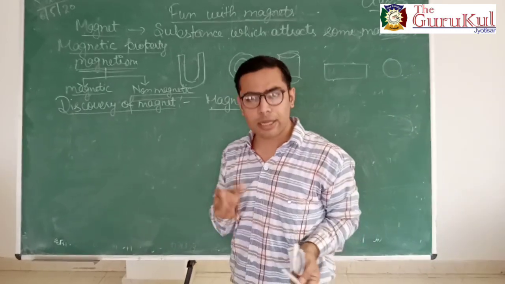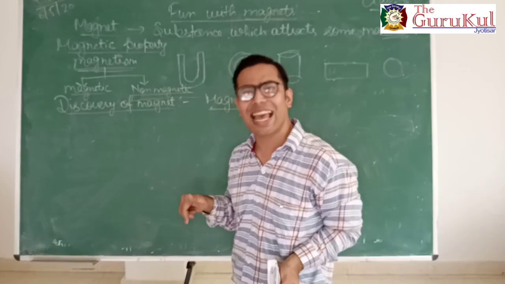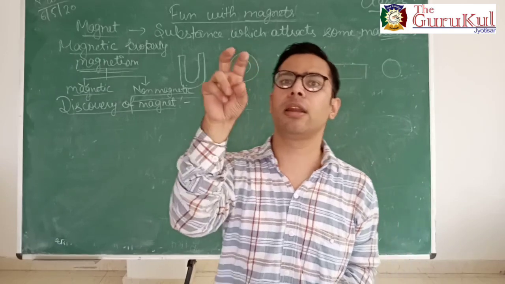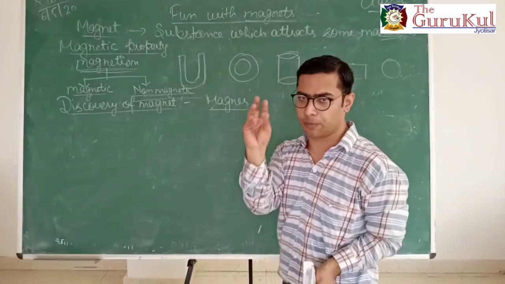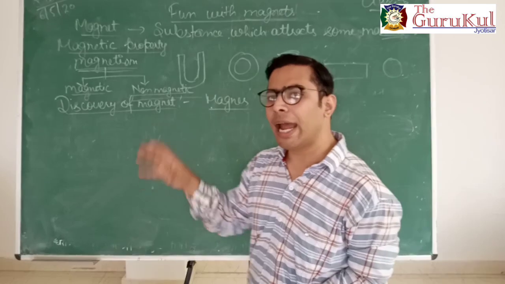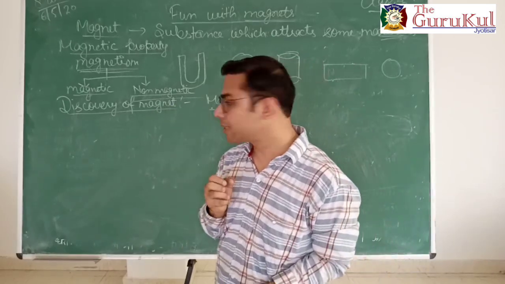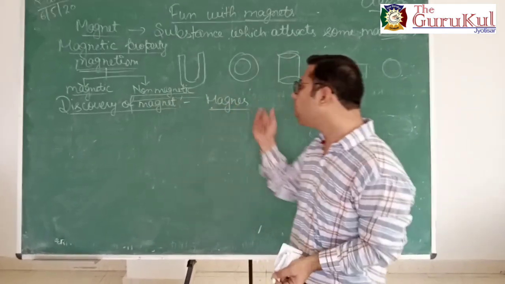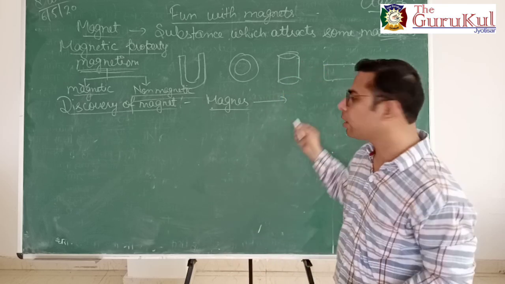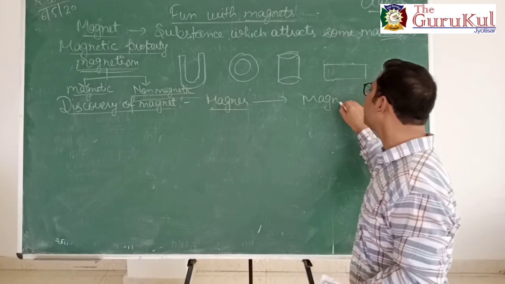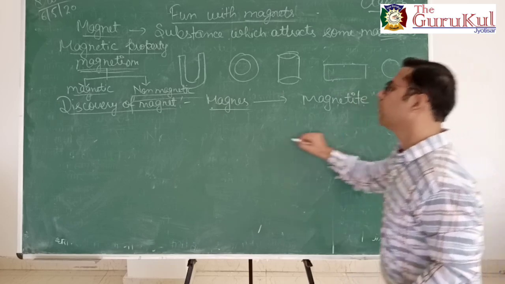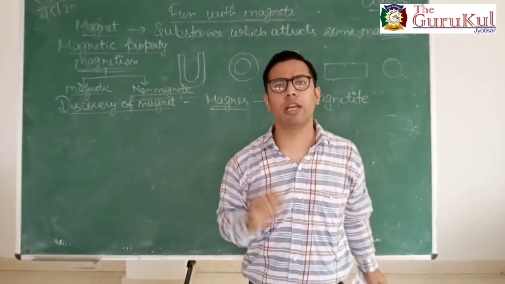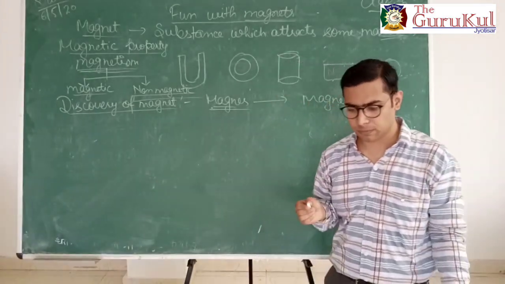Later it came to be found out that in his shoes he had a nail, and at the bottom of the stick he had some iron or metallic object. Understand? Iron object. So what happened? That rock was attracting that iron. That is how magnets were first discovered, and later on people named that rock magnetite, after the magnets. Magnetite is a natural magnet which is generally found in the earth's crust.